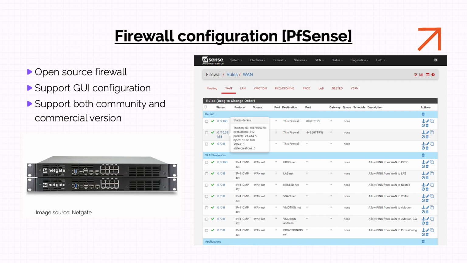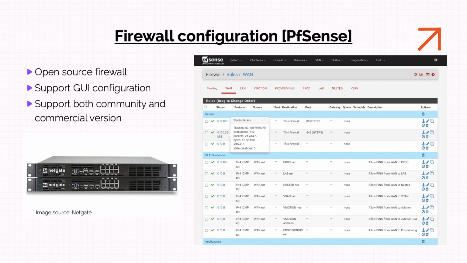You can allow IPv4 ICMP, something like that. So you can see allow ping. You can see allow the ping or allow the web service from the outside. So the first rule means allow HTTP, and the second one is HTTPS, and this one allows ping. Yeah. So pfSense is quite